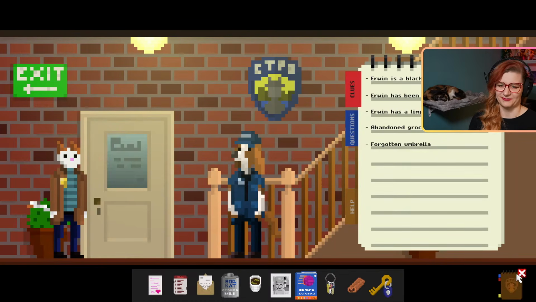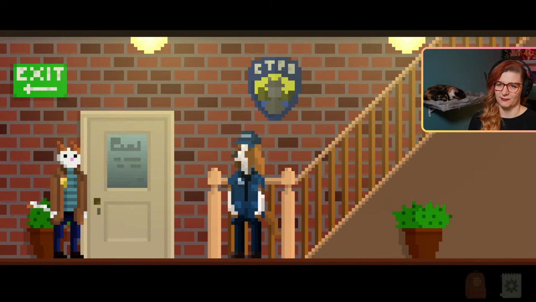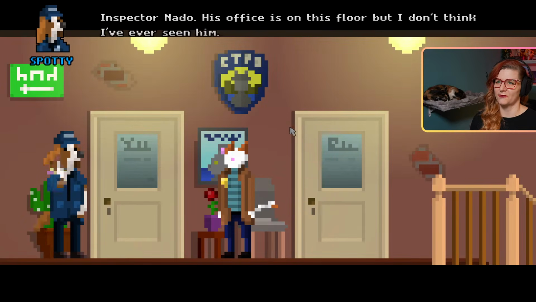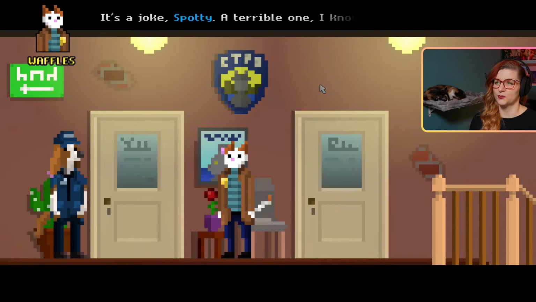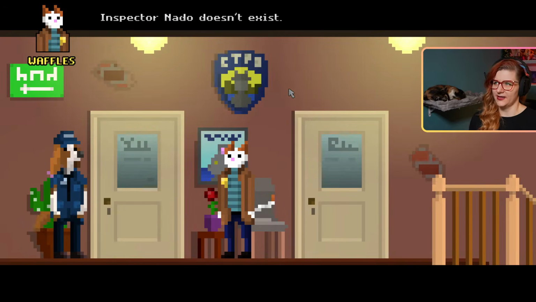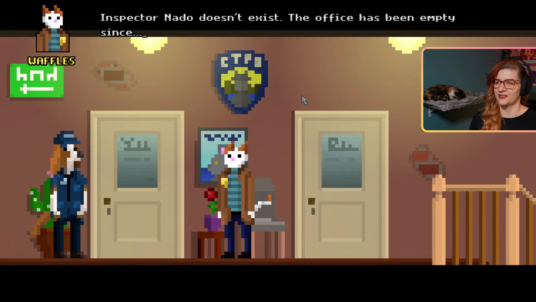Okay, no. Anyway, we have a key, so we can go upstairs and we can snoop. Inspector, I'm always wondering. Inspector Nado. His office is on this floor, but I don't think I've ever seen him. It's a joke, Spotty, a terrible one, I know, but a joke, nonetheless. What do you mean? Inspector Nado doesn't exist. The office has been empty since...